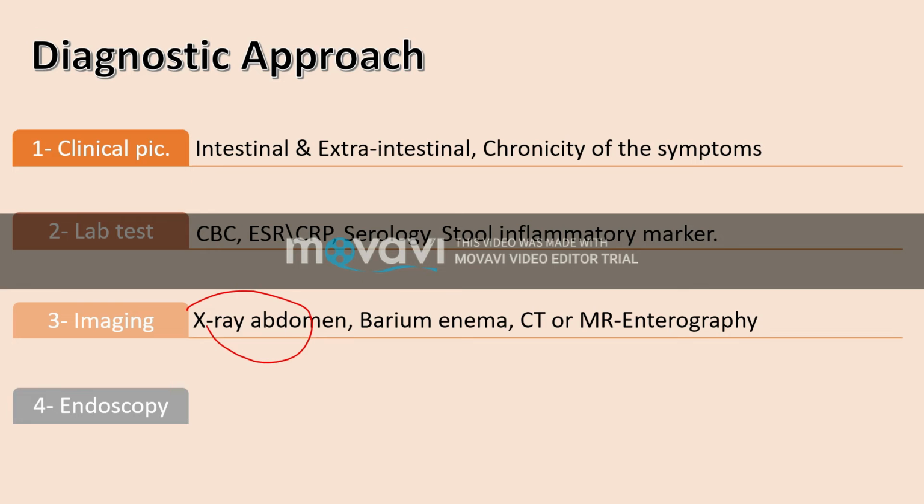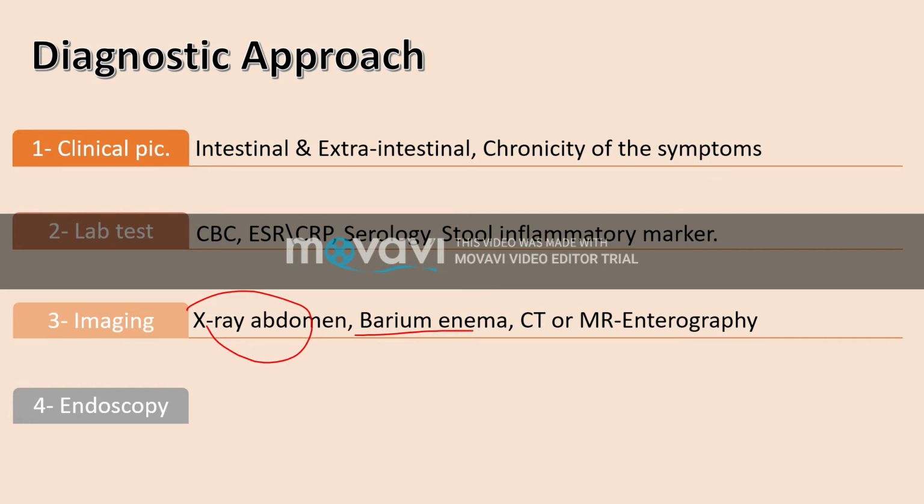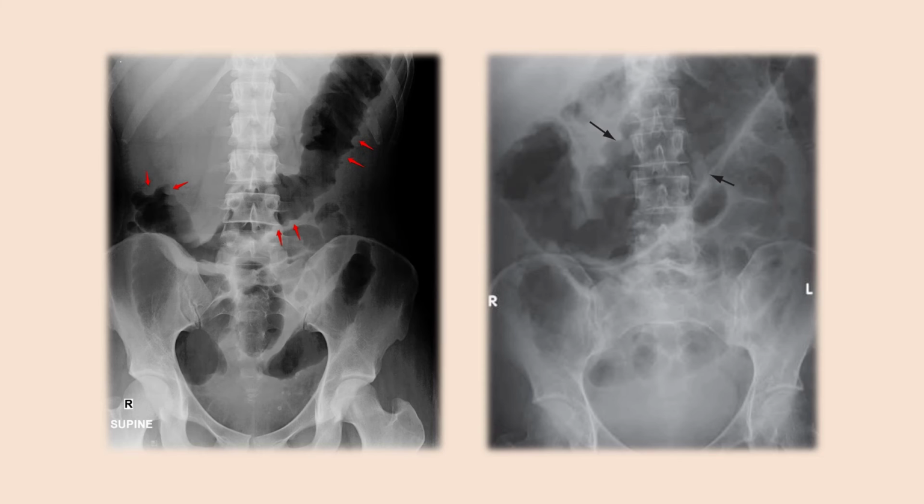Actually, X-ray is important in ruling out other differential diagnoses, as IBD may present as emergency acute condition and must be differentiated from other conditions in acute abdomen. Barium enema is also an option, but now CT enterography or MR enterography is more used. Here are some of the findings of X-ray abdomen for patients with IBD. You can notice these opacification around the wall